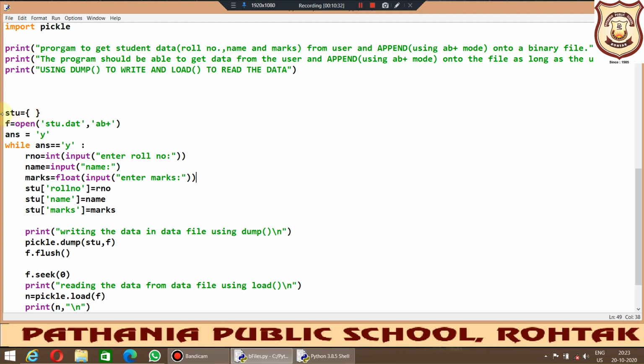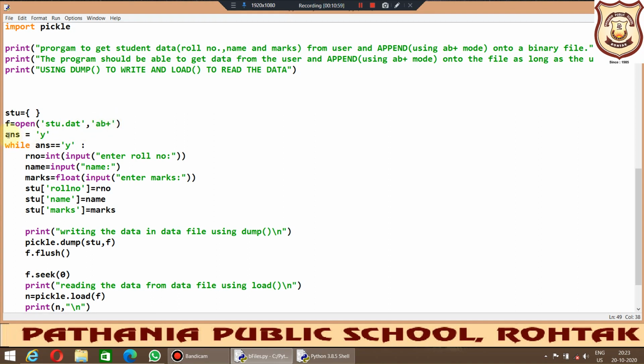Okay, and then we have created a file handle f, and we are opening a file student.dat in append plus binary mode. And why is B written? Because now we'll be working with the binary mode. Okay, so AB plus will indicate that the file has been opened in append mode plus binary mode, and it will allow you to write and read the contents within the file.